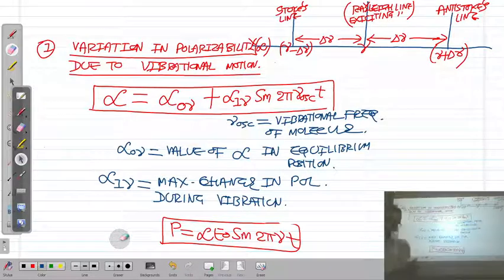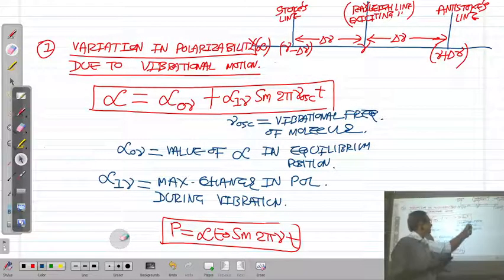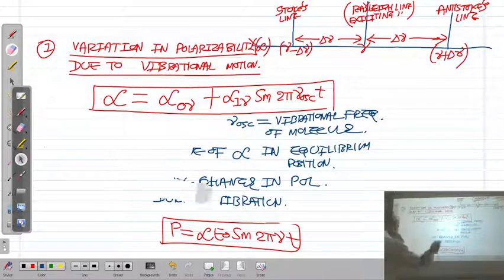And the important thing is this: what is this nu oscillation? Nu oscillation is the vibrational frequency of the molecule. Now you substitute this value in the polarity, and you will get the induced dipole moment in the vibrating molecule. Now to calculate the induced dipole moment in the molecule,